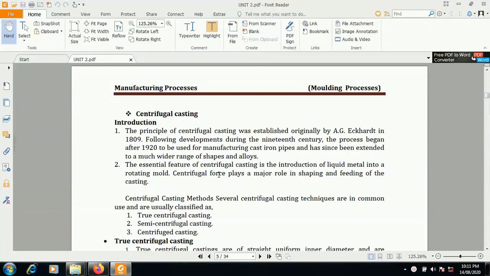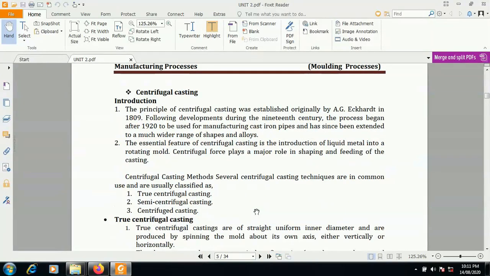It means that when we are pouring molten metal into the mold cavity, the mold cavity continuously revolves about its axis of rotation. Centrifugal force is responsible for throwing the metal to the outside surface of the mold cavity, and we are providing a chilling effect to the outer surface of the mold cavity, thereby we can achieve directional solidification. Now this centrifugal casting process is majorly divided into three groups: true centrifugal casting process, semi-centrifugal casting process and centrifuge casting process.